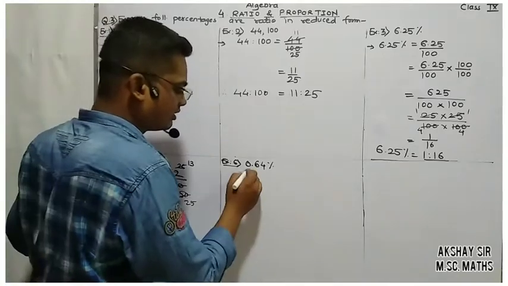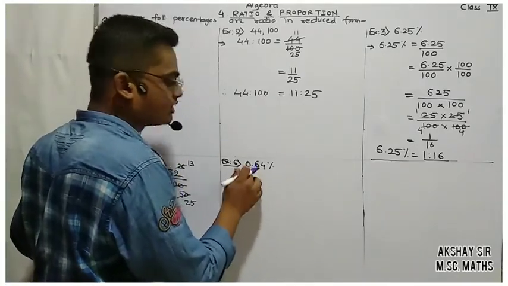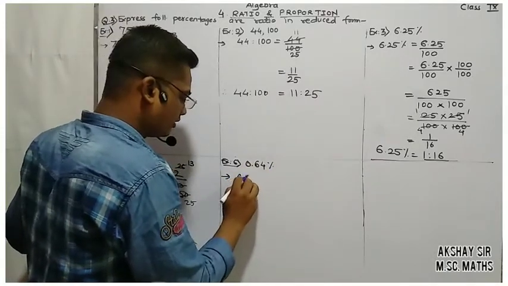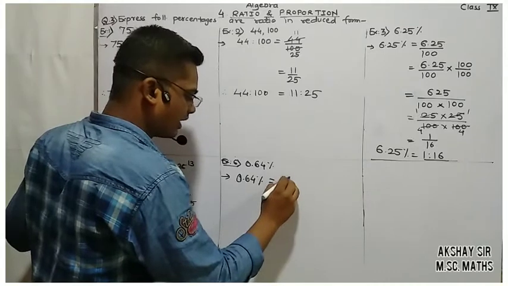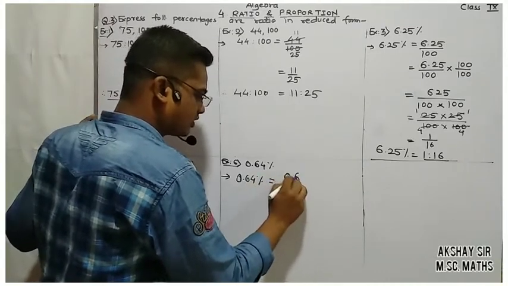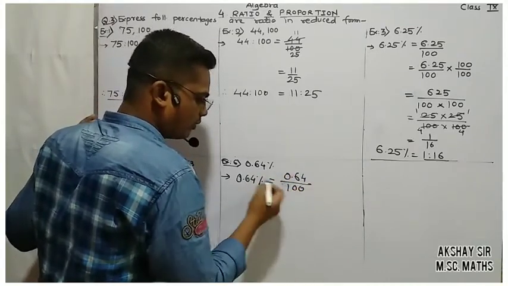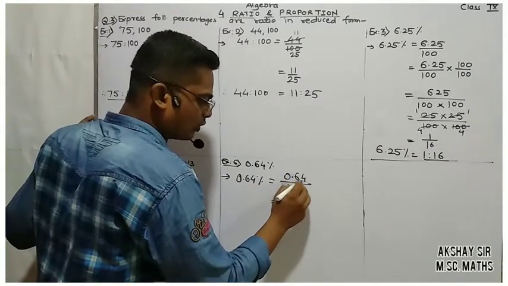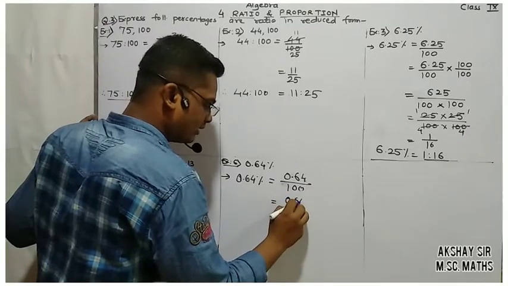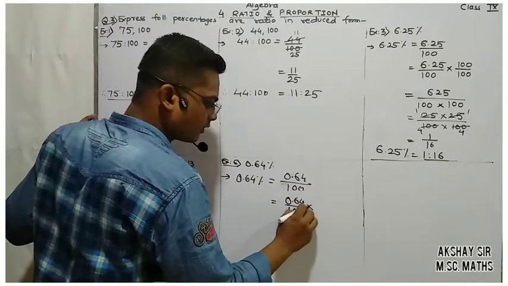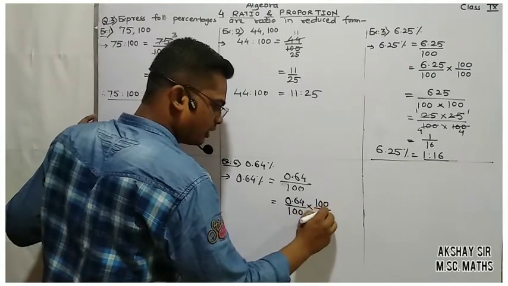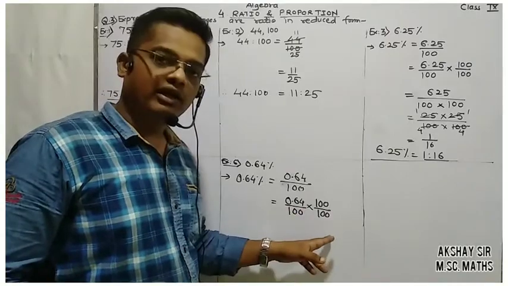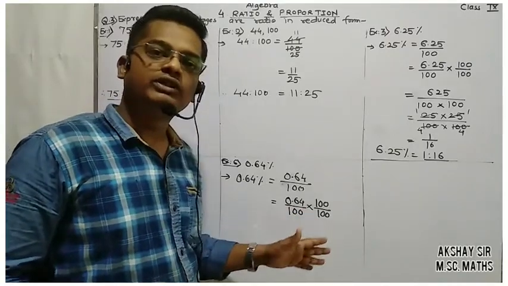And the last example, 0.64%. This example is similar to the third one. So here 0.64% is the same as 0.64 divided by 100. Percentage is converted into a denominator of 100. Now see here, 2 places. Here there are 2 digits after the decimal point. So we will multiply this by 100. Since there are 2 digits, 1 followed by 00. At the same time, this one as well. We know the property that multiplying or dividing both terms by the same number does not change the ratio's value.